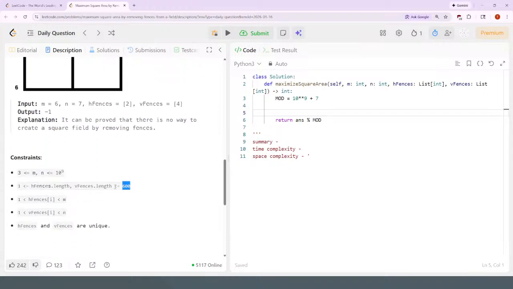So if there's 600 horizontal placements, then if you go through each possible combination of two horizontal bars as the top and bottom of your rectangle, you get n squared divided by 2 combinations. So 600 times 600 would be